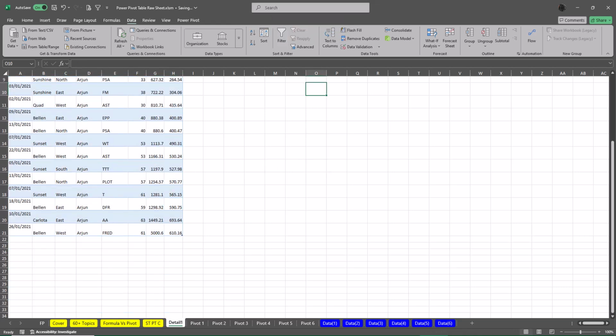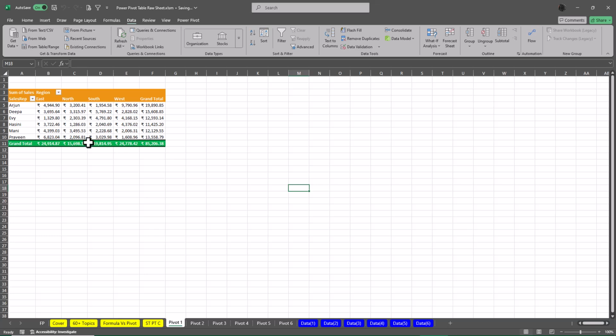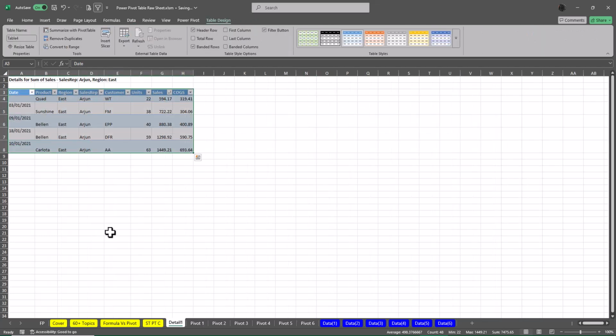So you can see the detailed data, and I'm doing it only for Arjun right now. But again, if I can do it for others, I'll get the other dimension. Again, if I want only the East region, then I'll double click this. That's going to give you the East region and Arjun here, and that's going to be even more detailed